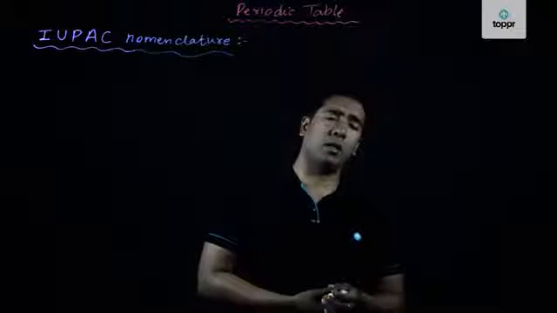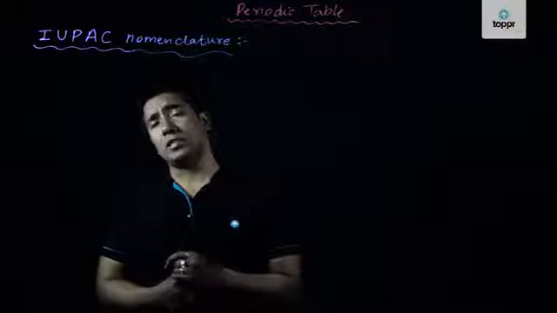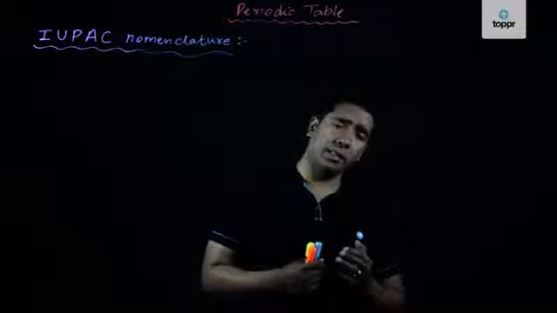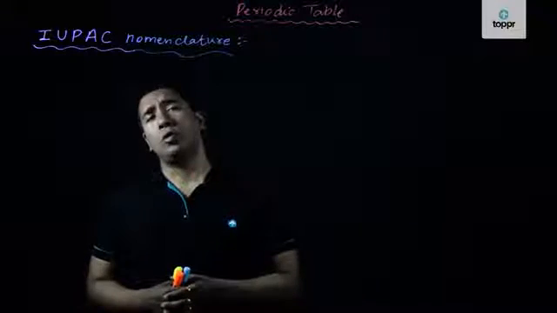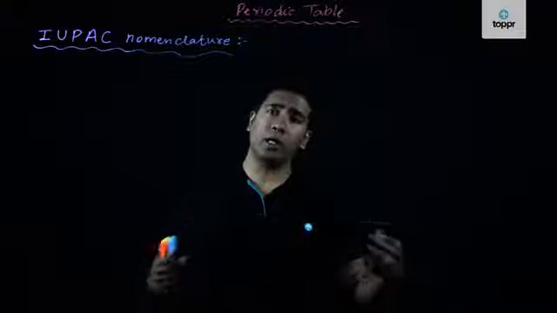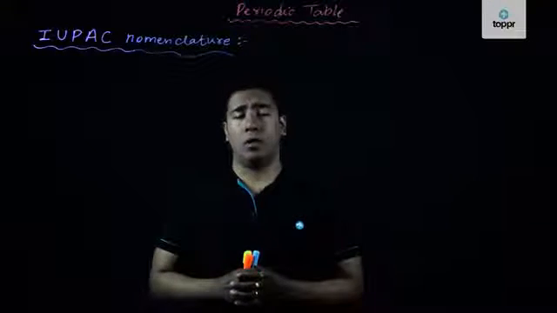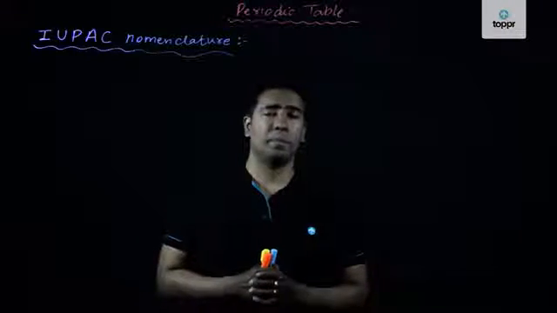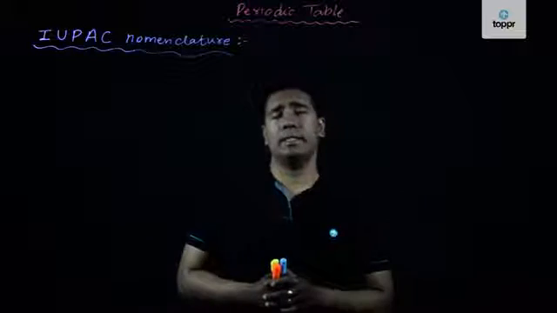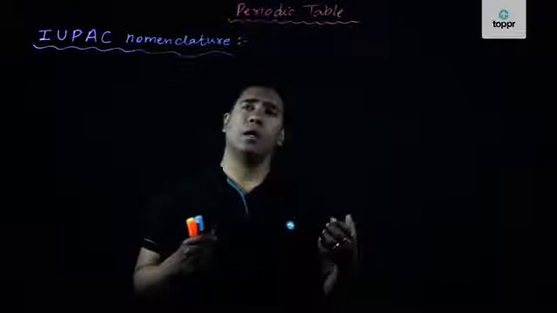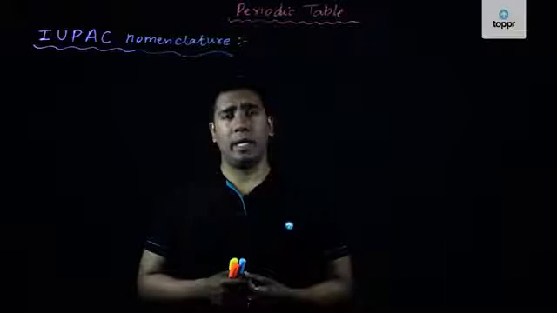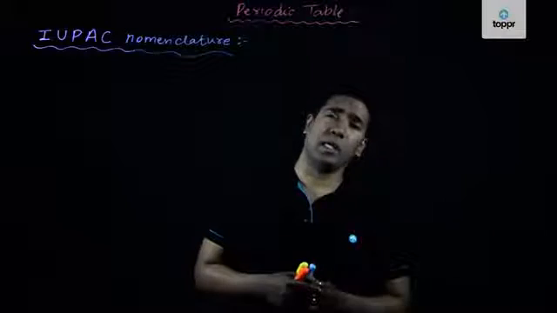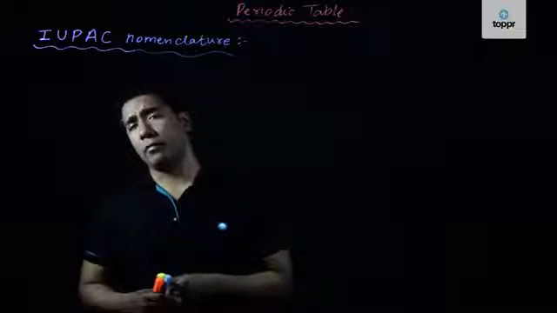But there proved to be a slight problem in this method. The problem was that in some situations there were simultaneously two different scientists belonging to two different opposing countries who had discovered the same element at around the same period of time. Due to this, both the countries were claiming the name and the credit for the new element which was discovered. The best example was the element with atomic number 104,